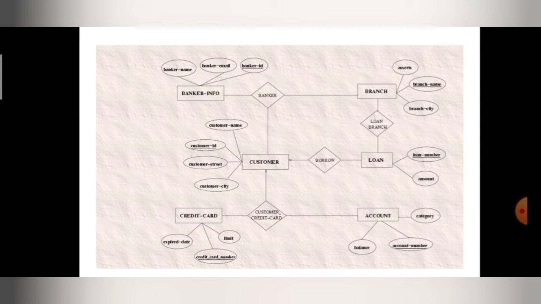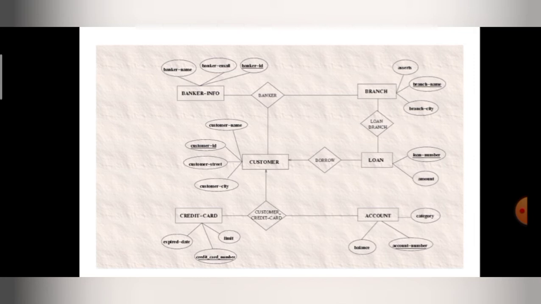Hope you are understanding, guys. In the internal schema, storage details will be there. You can ask a question: what is the use of this type of schemas? As a developer, it will be easy for me to design the database. That's why we are dividing the schemas like this: internal schema, conceptual schema, and external schema. So the conceptual schema gives the overall architecture of the banking database.